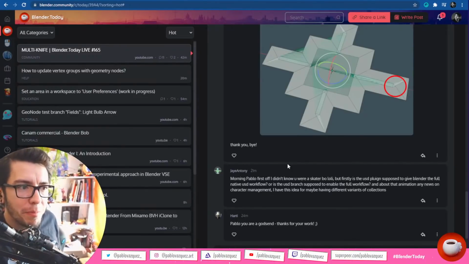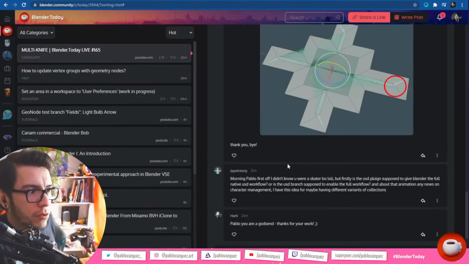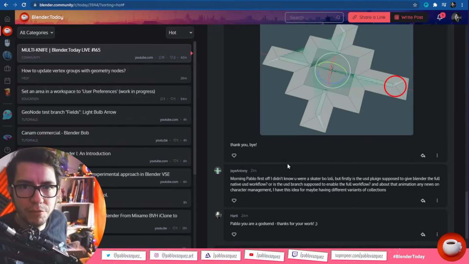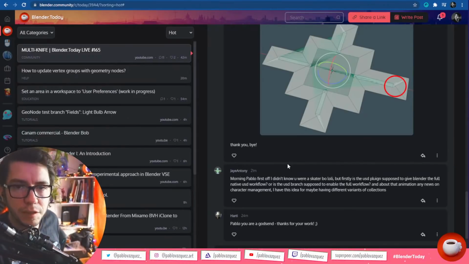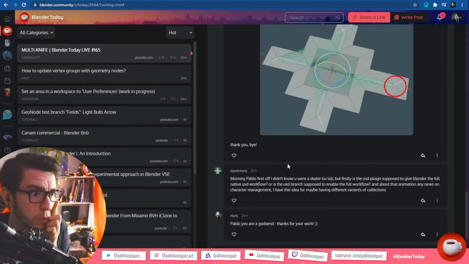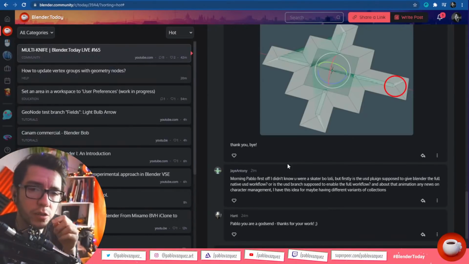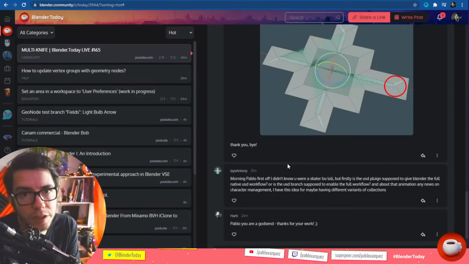Firstly, is the USD plugin supposed to give Blender the full native USD workflow, or is the USD branch supposed to enable the full workflow? What do you mean by full workflow? The USD plugin, no, there's no plugin for USD. It's actually built into Blender for export and for import. And in master, it should give you everything that is currently supported in master.